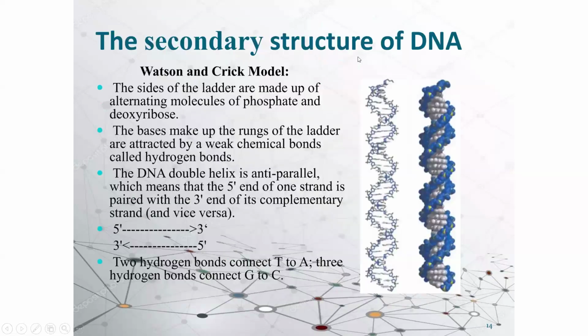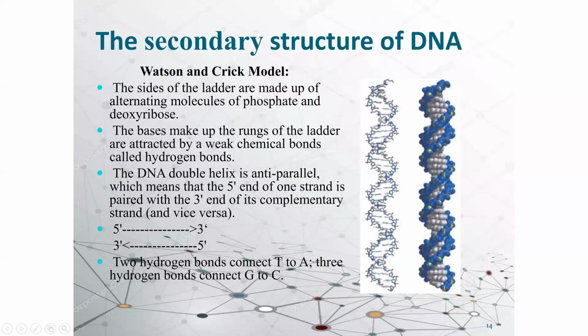So next one is the secondary structure of DNA. This model was proposed by Watson and Crick, and it is called a double helix model. The sides of the ladder are made up of alternating molecules of phosphate and deoxyribose. The bases which make up the rungs of the ladder are attached by weak chemical bonds called hydrogen bonds. So the two strands of this DNA are attached with the help of